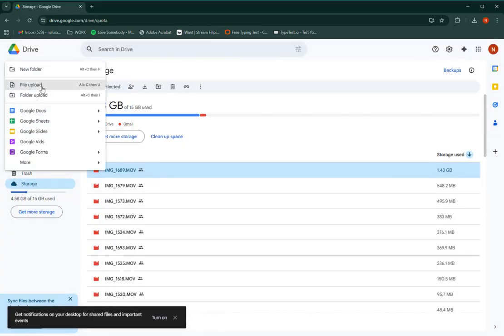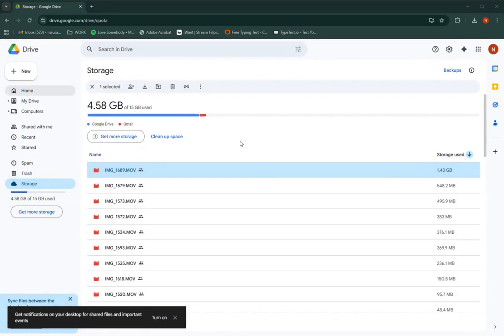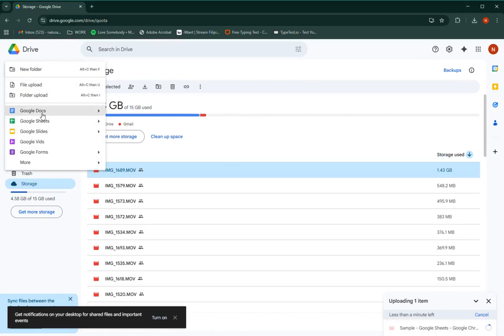To open a file, simply double-click on it. If you want to upload a new file, click on the New button in the top left corner and select File Upload or Folder Upload from the drop-down menu. Navigate to the file or folder you want to upload and select it. Google Drive will automatically start uploading your files, and you can see the progress at the bottom right of the